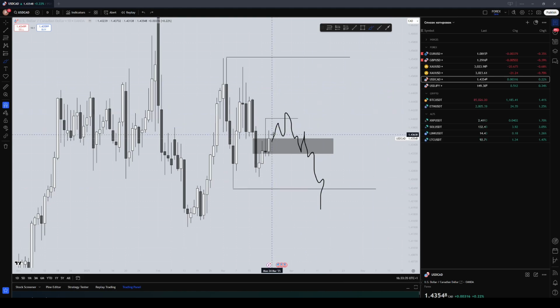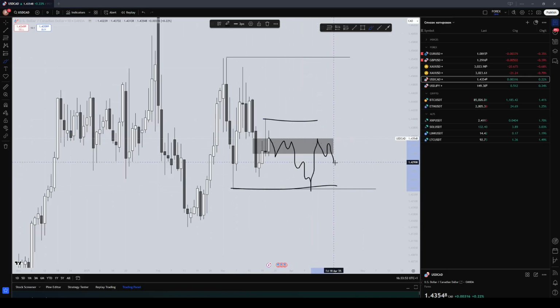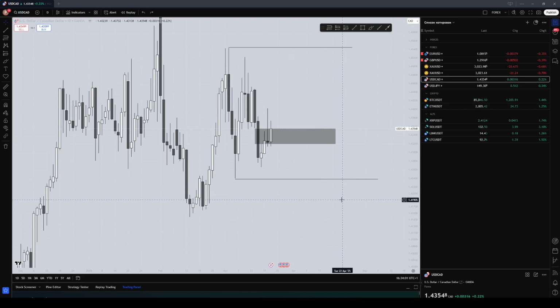But if price will ignore this liquidity and will continue long, of course, it's clear that price wants to go there. So it's second possible scenario. And the last one, I think, if price will continue short without liquidity collection there, price will just achieve there. And after that, we can look for a long to targets higher. So 3 possible scenarios for me.